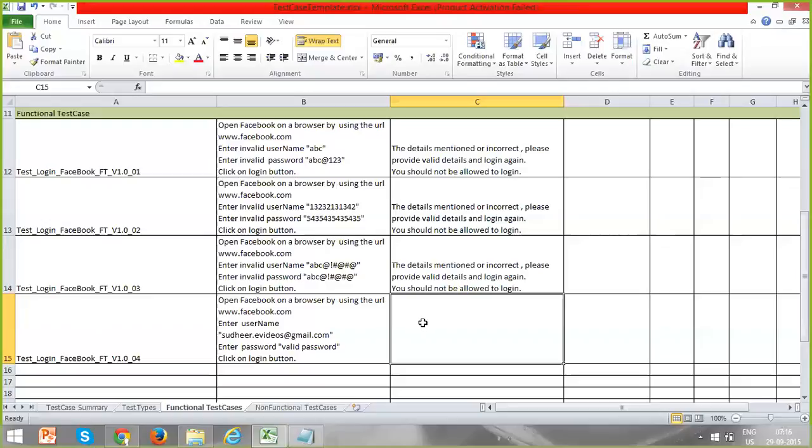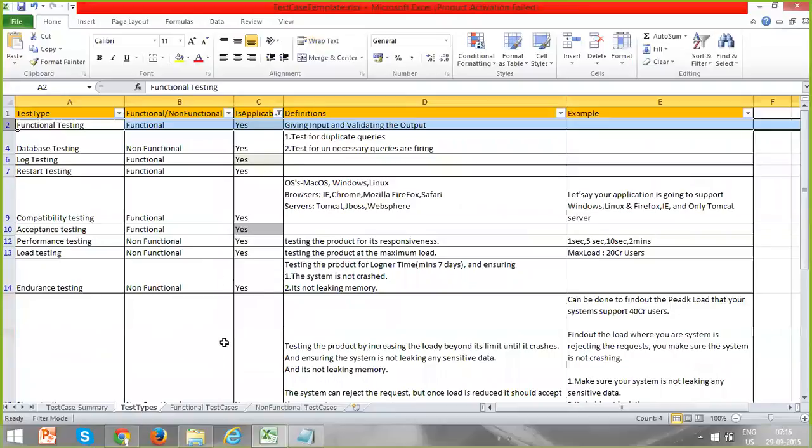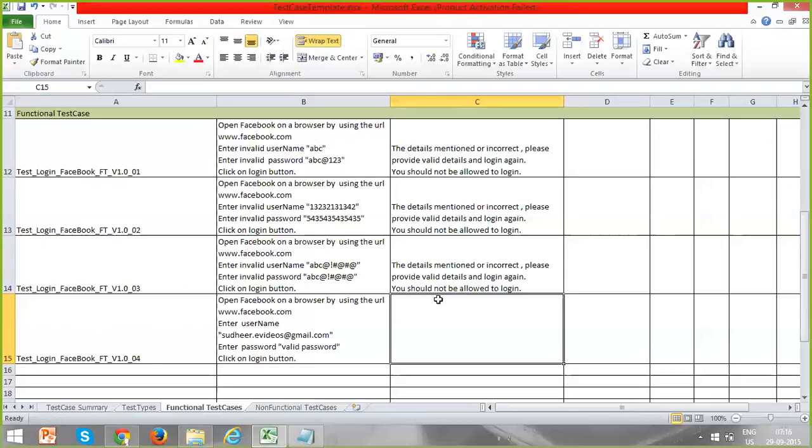As testers, we have to make sure that our application is so strong that nobody can break it. We have to certify that, and for that reason we test the application in a systematic manner. To test the application, we have to write the test cases. Before writing the test cases, we have to do the test type analysis. Once the test type analysis is done, we write the test cases. So right now,